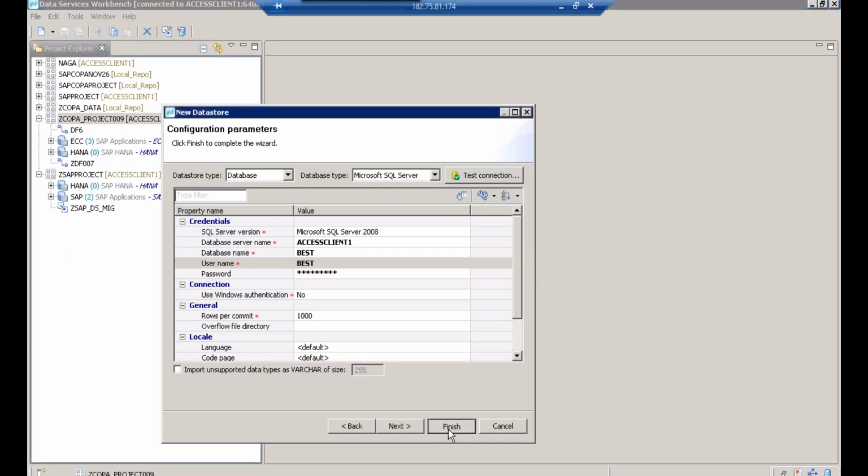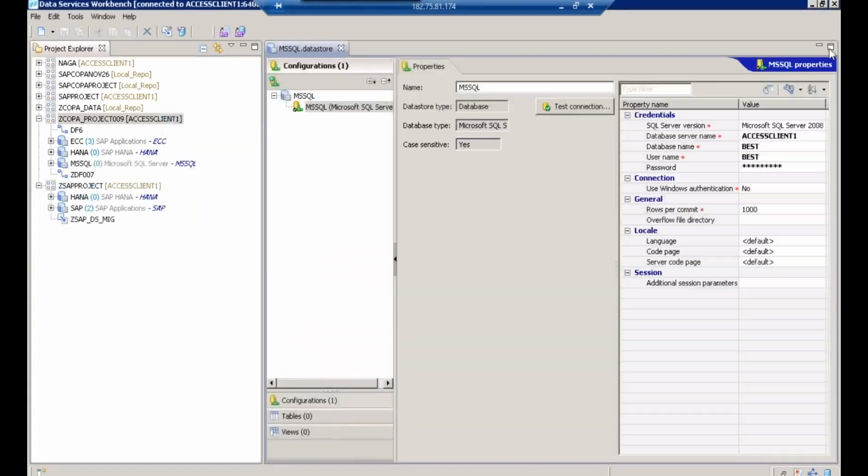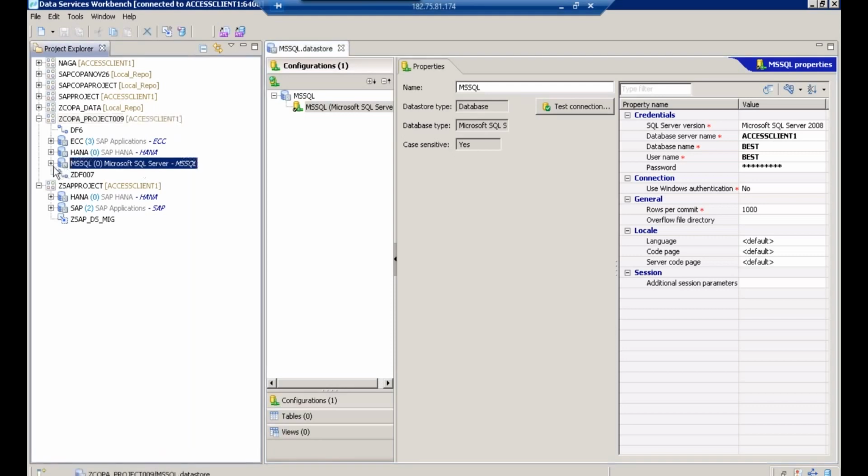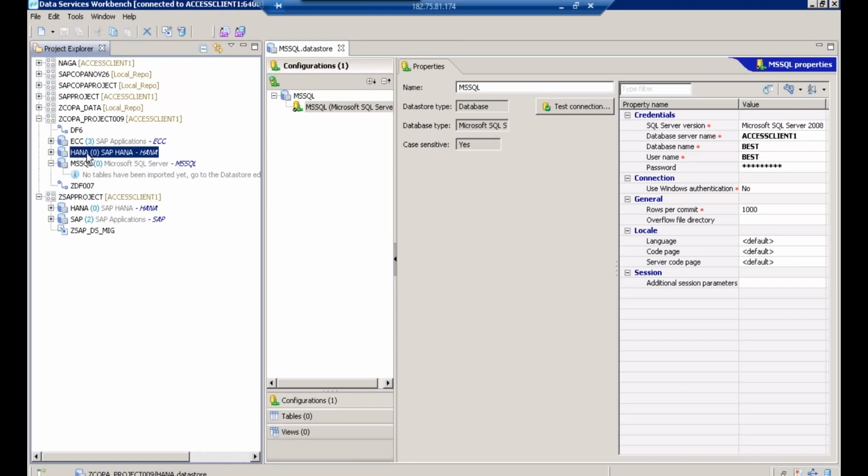So once I click finish, here you can see MS SQL. So this is our source and HANA is our target. MS SQL is the source and HANA is the target. Now what I'm going to do, I'll go to the MS SQL. Let us go back